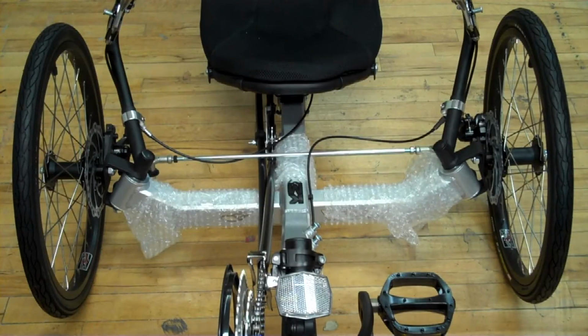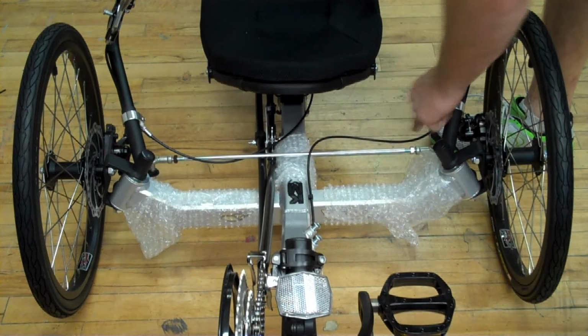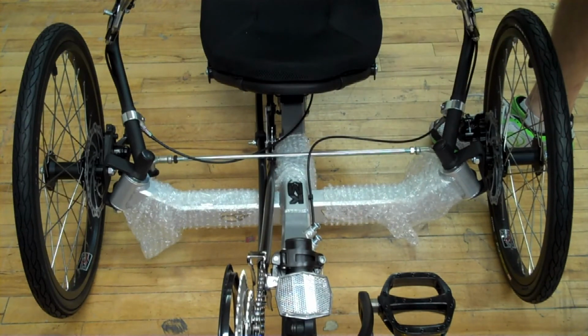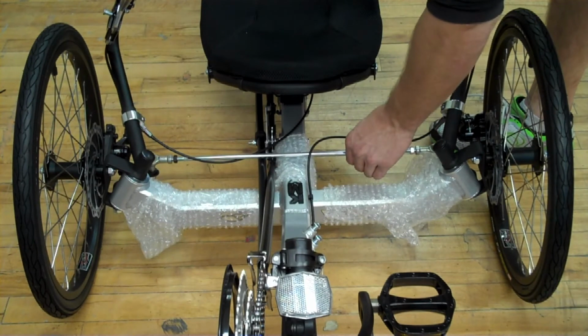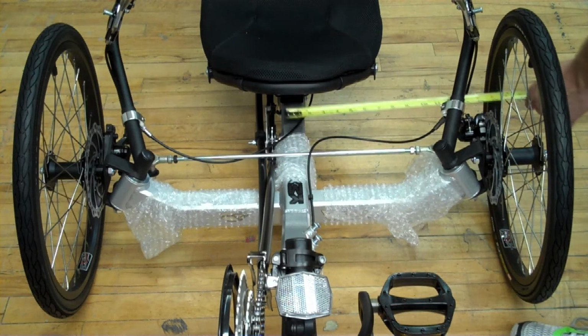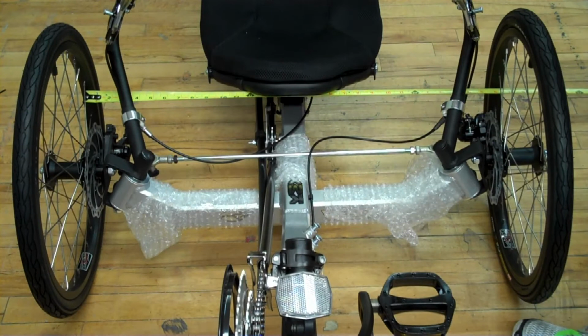To do the alignment, you'll first need to loosen the 2 jam nuts on the tie rod. Now keep in mind that one of the tie rod ends does have left-handed threads, so you'll be able to rotate the tie rod and that will change the alignment of the trike. Take a tape measure, run it through the spokes of one side, and physically hook it on to a spoke on the opposite side. Measure off the spoke,